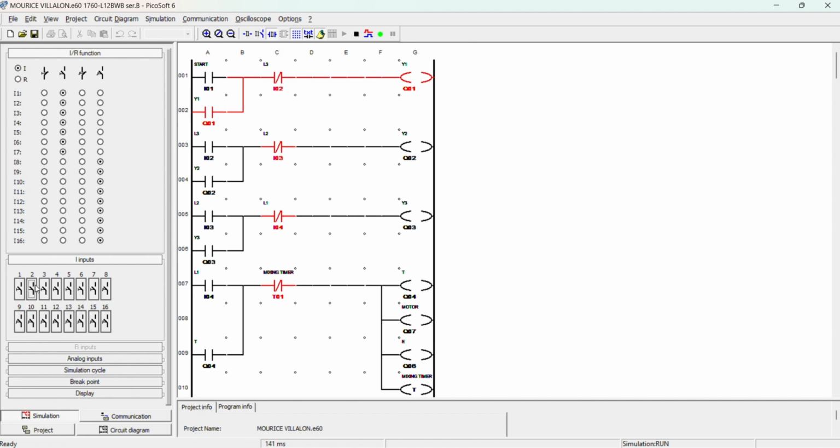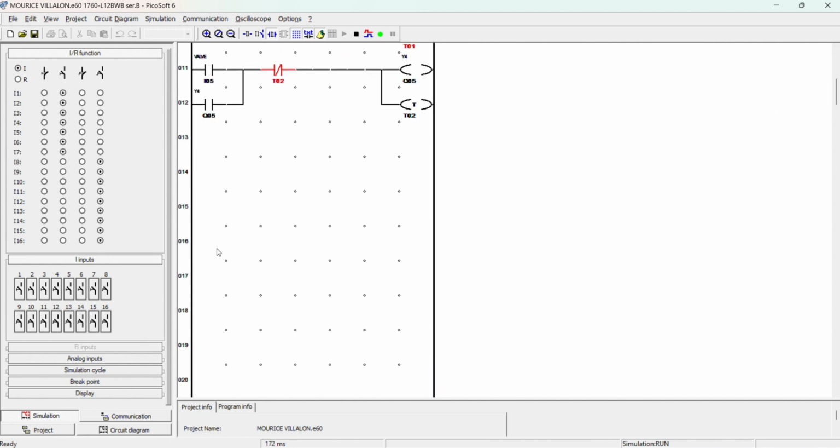Then the cycle will do the next move, the liquid B, and then it will travel to the mixing. After 5 seconds, it will trigger the valve, and after 5 seconds, the valve will be closed, and then we will start the cycle over again.